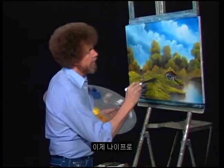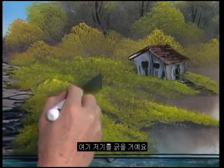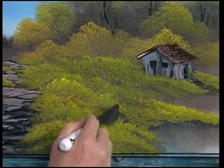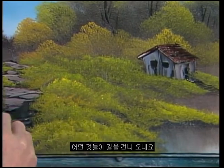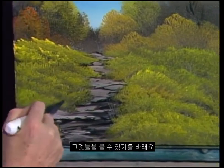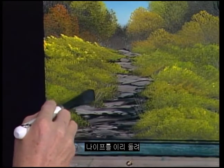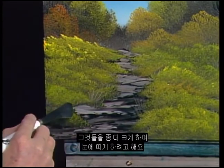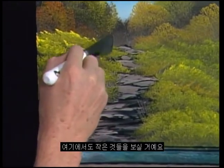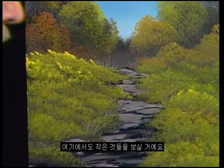And then we can take the knife, and here and there, we'll just scratch in a stick or two, usually in the dark areas. All kinds. Some of them come right over the path. Hope you can see those. They're there. Sometimes they're hard to see. I'll turn the knife this way and make them a little bigger so they stand out. See? There we go. And back in here even, you might see a few little things. Now then,